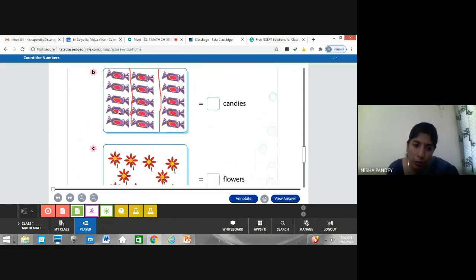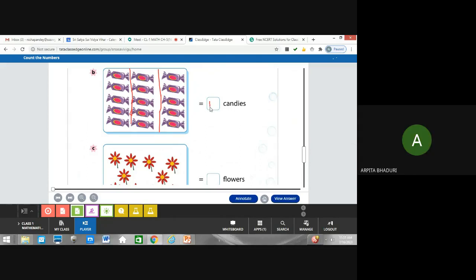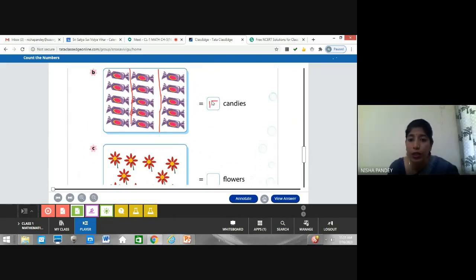So you can see here in every column we have five chocolates, five candies, right? 1, 2, 3, 4, 5. As we have learned the table of 5 yesterday in the previous video, if we have the same in three columns, we can say 5 threes are. In one, we have 5. So how many columns do we have here? 3. So 5 threes are how much? 5 threes are 15. And as you have counted already, it is easy to do, right? If you have already learned the table, you can use that multiplication table in counting also, right? So it's 15 candies. Very good.